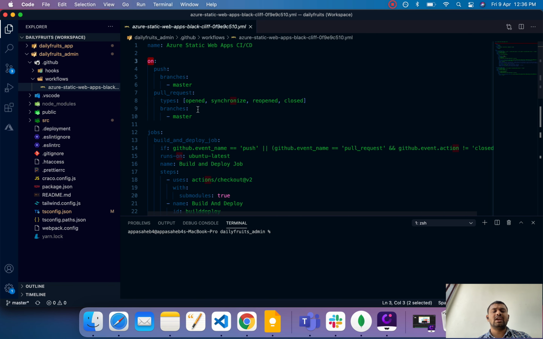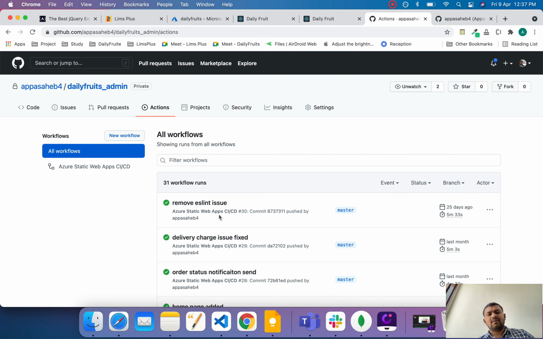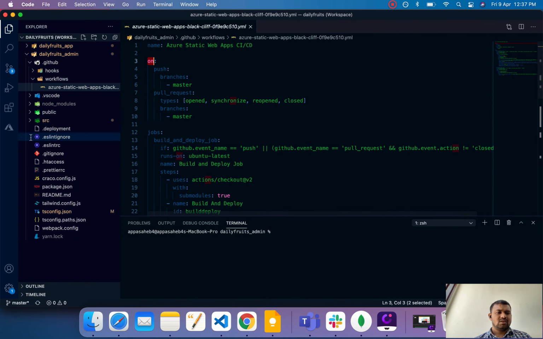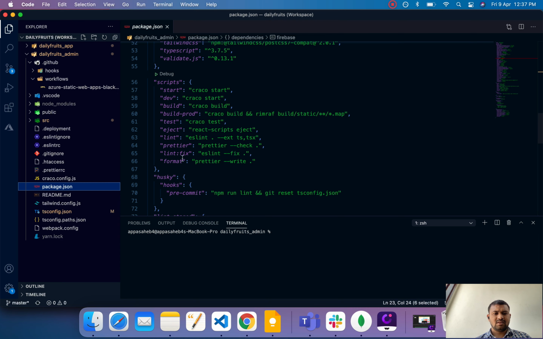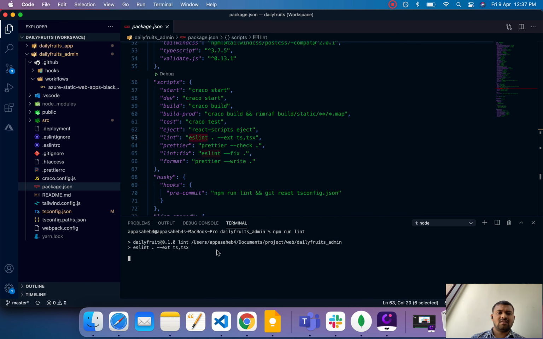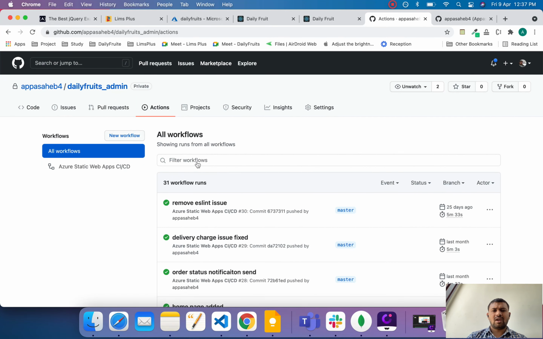The code first goes to the GitHub account, where Actions checks whether all the code is working properly. If there is no ESLint issue in the code, it then goes to the Azure site. First, in the scripts, it checks ESLint, and lastly your project configuration. It checks whether all the ESLint issues are fixed. If your project has any ESLint issue, the action automatically stops and does not deploy.